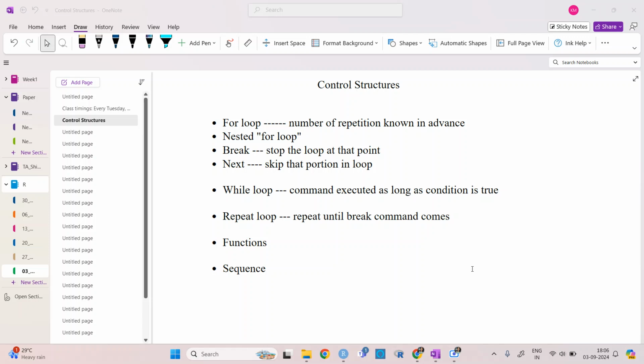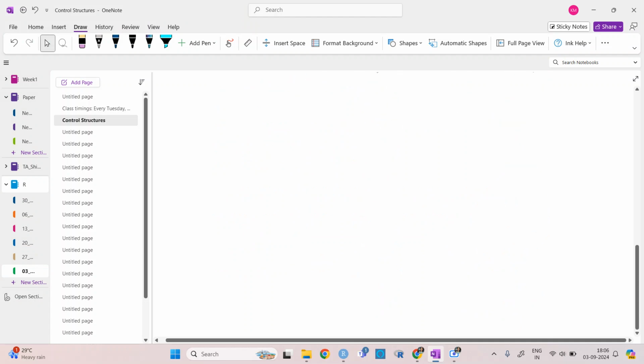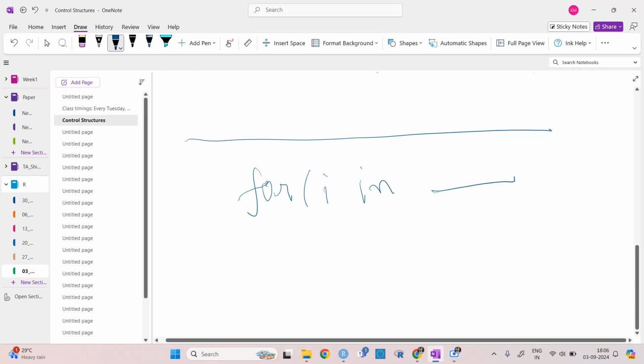From the very basics, these three loops are divided according to what knowledge we have in advance. For the for loop, what we need to know is the number of repetitions. The number of repetitions can be 2 or 3 times, or it can be a vector. For loop is basically i in something, and then that command will be executed.